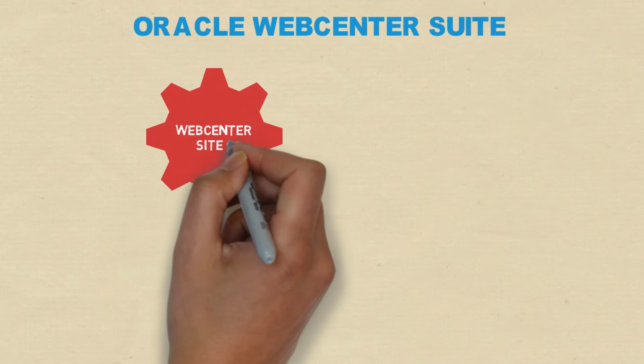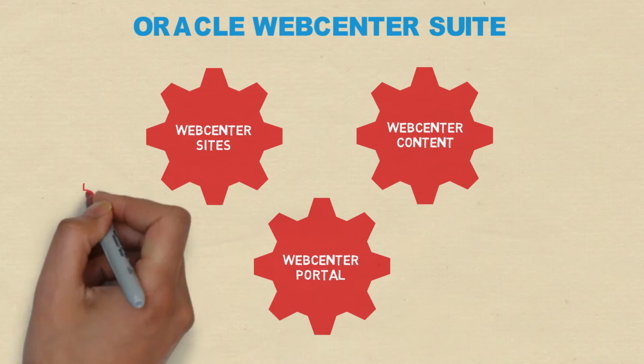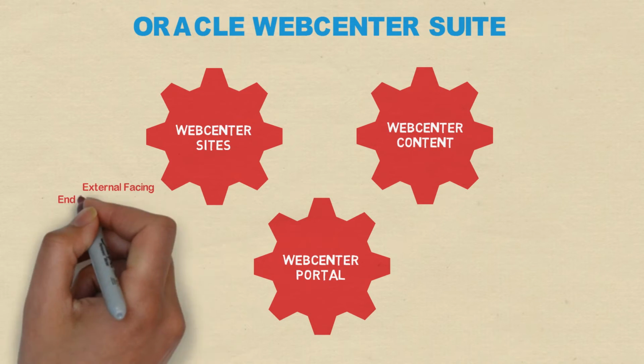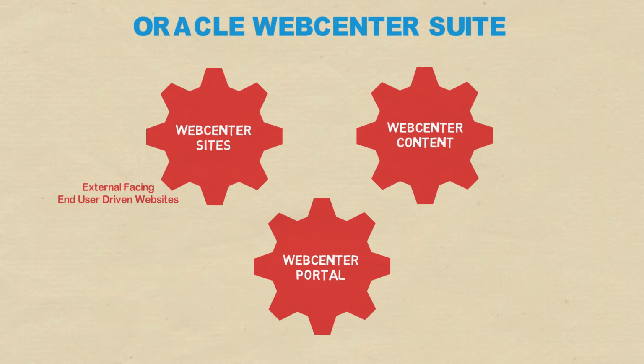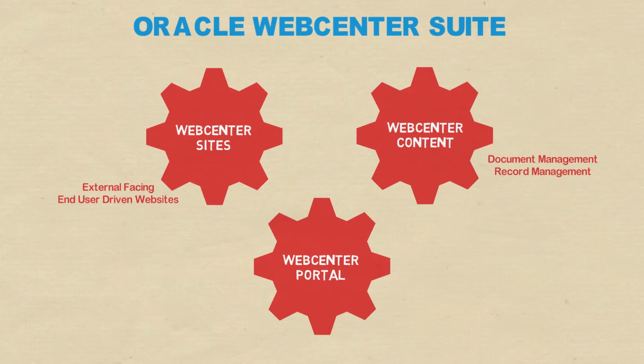before doing the installation. WebCenter suite consists of three products: WebCenter Sites, WebCenter Content, and WebCenter Portal. WebCenter Sites is mostly used for external facing and end user driven websites, and it was previously owned by FatWire. WebCenter Content is basically a document or record management product, and it was previously called Stellent UCM, that is Universal Content Manager. WebCenter Portal is for enterprise and composite applications with various portlets and pagelets, which connects to various backend